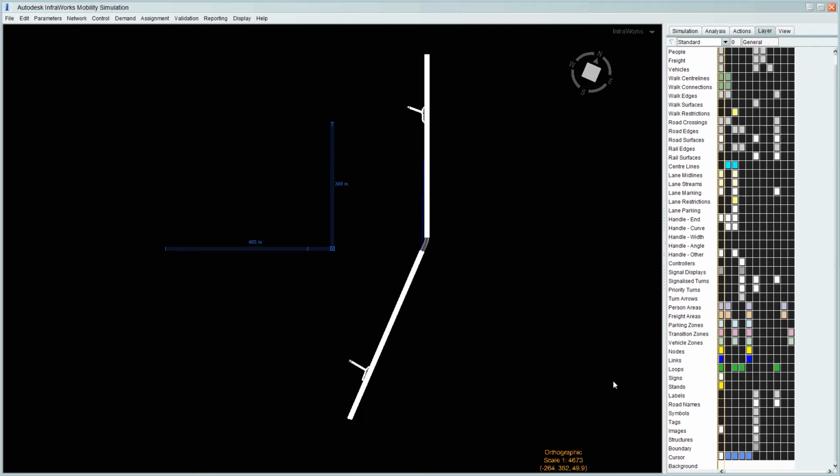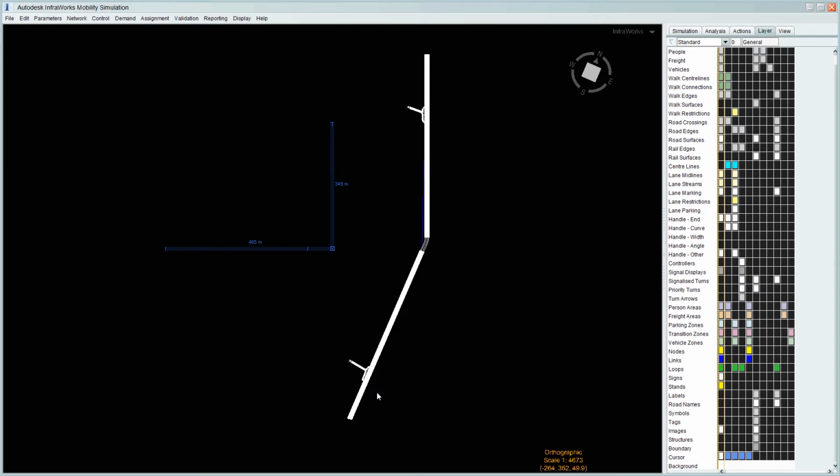So it's not too difficult, but there are some definite points which we need to understand about creating the two sections of rail, connecting the nodes, creating the new streams in each direction, because we would do this also on the other side, of course, and then adding the platforms or stands, as they're called in mobility simulation, then a trail, then the scheduled service, and then adding on the walkways to carry the people to and from.